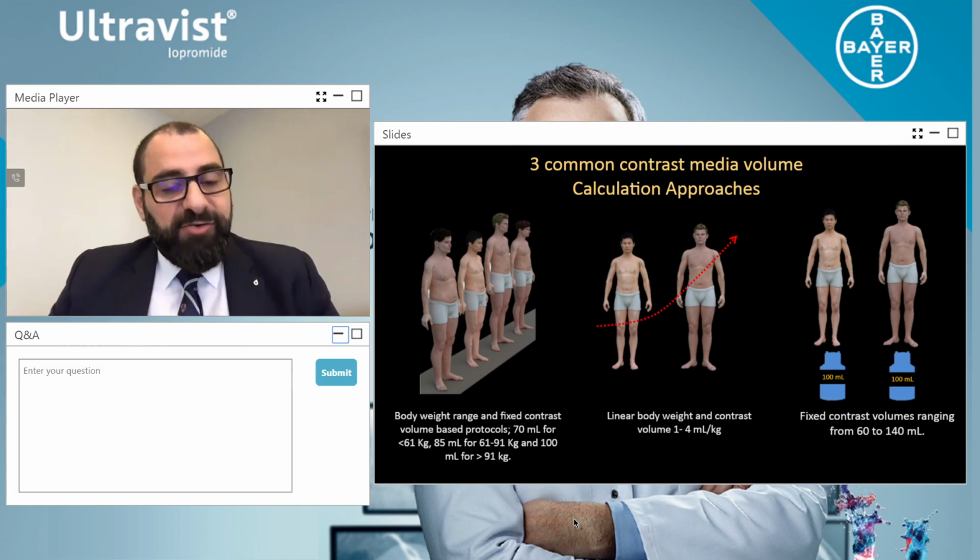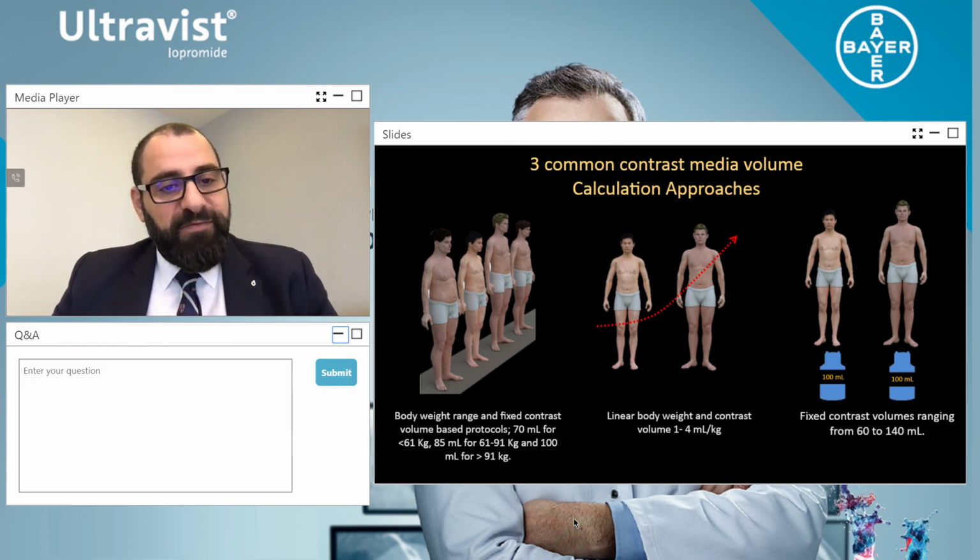And there's another school of thought to say, well, how can we reduce this? People are saying contrast media volume reduction. I don't agree with this. I tell you, the biggest issue we're facing today with renal safety is because patients are dehydrated. So if you're dehydrated and you have a high concentration of urine in your actual kidney system and you're injecting contrast, this is where the issues occur.